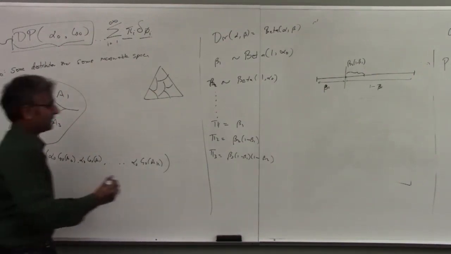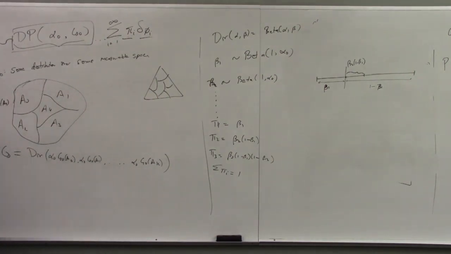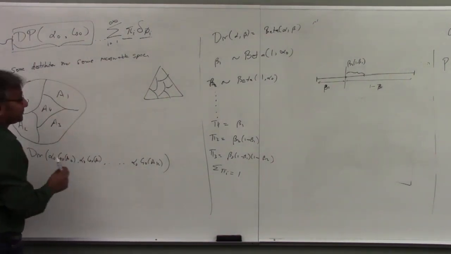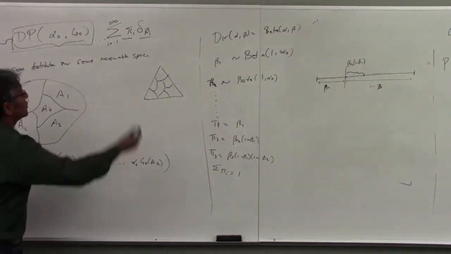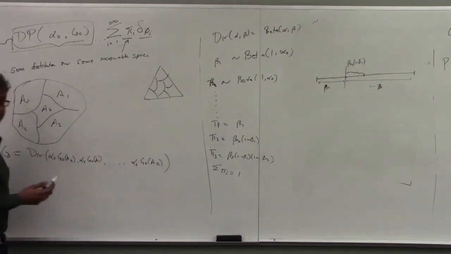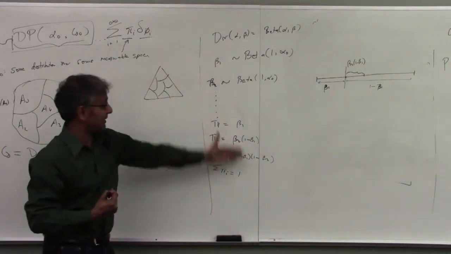And it's not hard to show that the sum of pi i is going to be equal to 1. Almost showed you in the limit. It's an infinite sum. So you can construct these partition parameters in this manner. So you can actually explicitly write down what these numbers are. And the rest of it comes from that. So it is, in fact, possible to describe what this Dirichlet process is like. This is an infinite mixture over distributions, where the mixture parameters are given in this way.